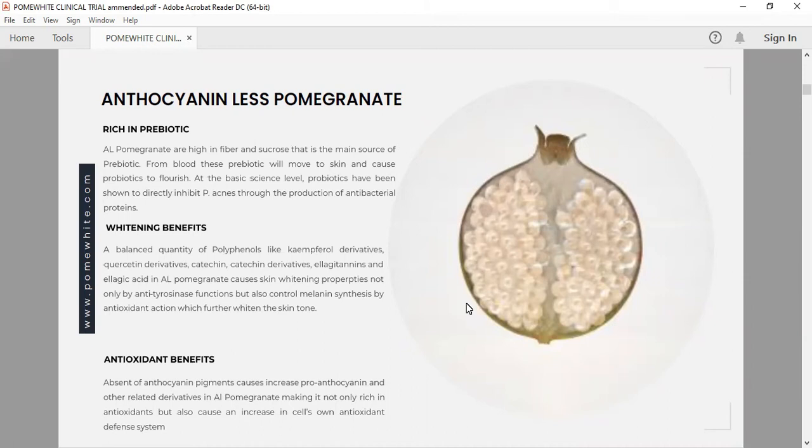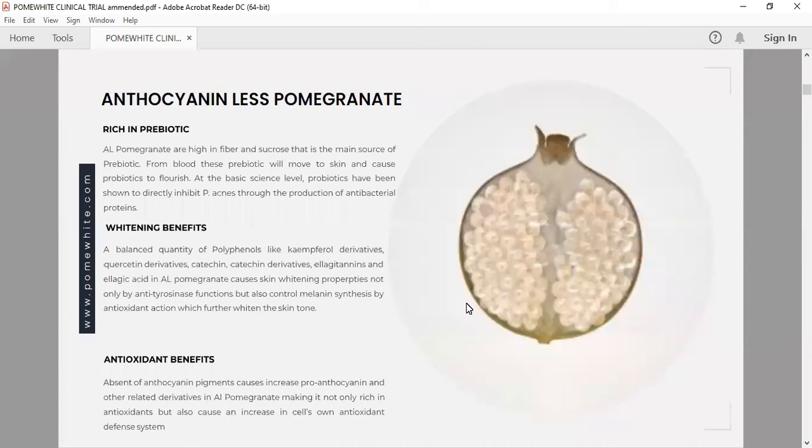But there are certain bacteria that are not the normal flora of the skin. They basically cause infection in the skin, and the most important are the acne-related bacteria. And you know, this is a worldwide problem, especially in young people. The most important bacterium that causes acne is P. acnes. P. acnes is a bacterium which can cause acne, and the probiotics have the ability to wipe it